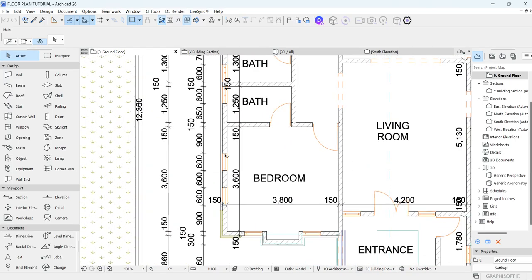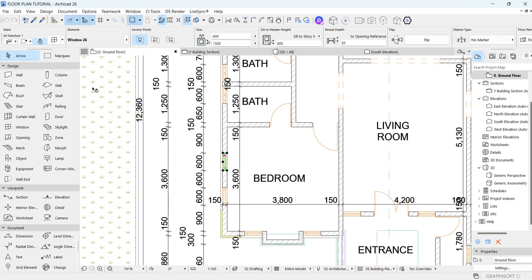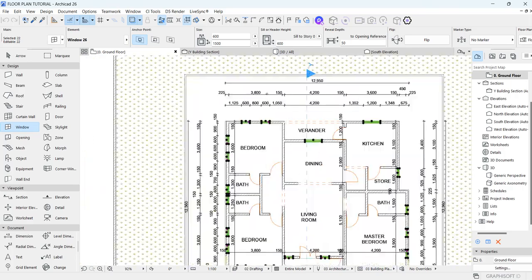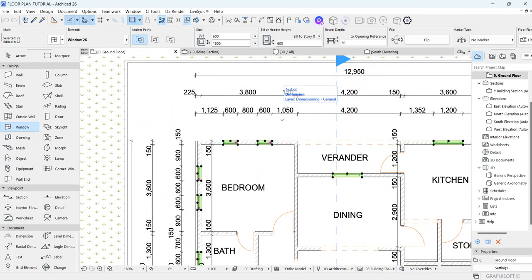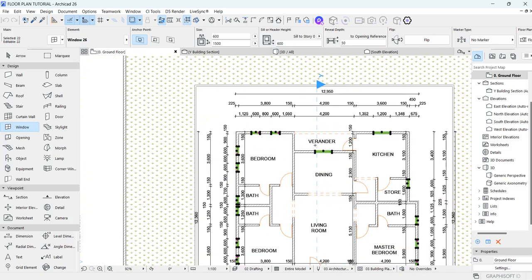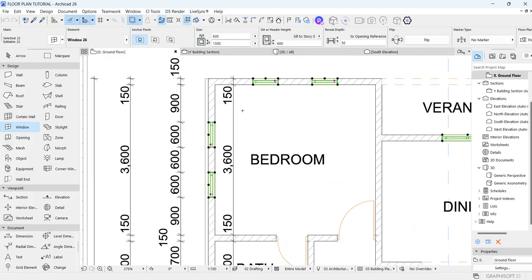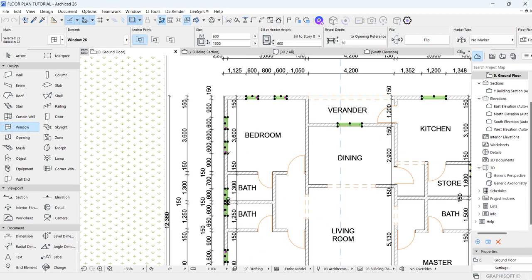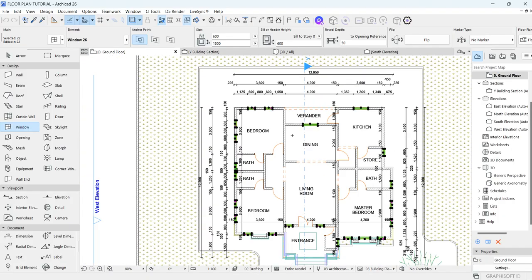So first of all, let me start with the window. I will click one of the windows, then click the window tool, then I will Control A. Please stay with me because this video will be very interactive and you won't want to miss any step, because every step here is key and critical. So I selected all the windows. I was able to select one, click on the window tool, then Control A to select every single window